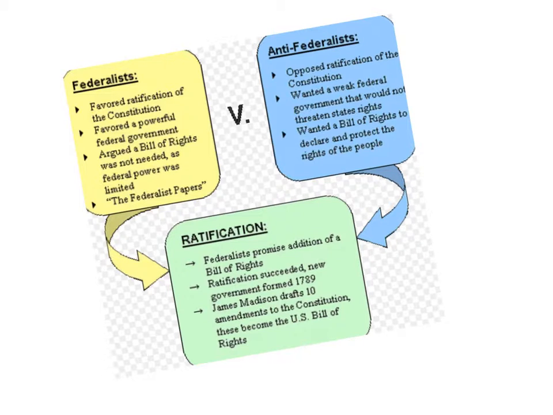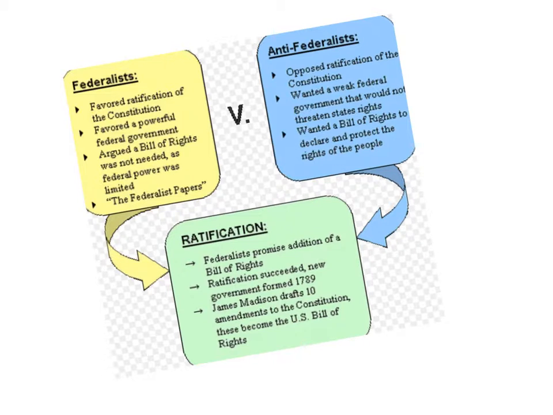The Anti-Federalists disagreed with the Federalists on all of those statements. They did not want to sign or ratify the Constitution because they preferred a weaker central government. They wanted the states to have more power and more rights, and they also decided that the Constitution did not adequately, in their opinion, protect people's individual rights, and they would like to see a Bill of Rights added in order to ensure that no tyrant ever came and took away our rights.